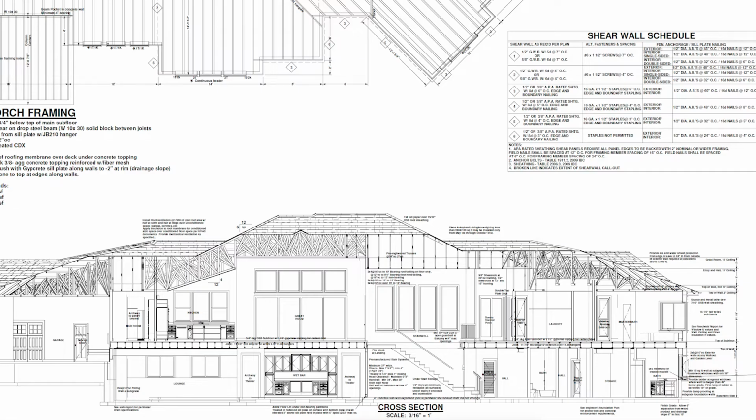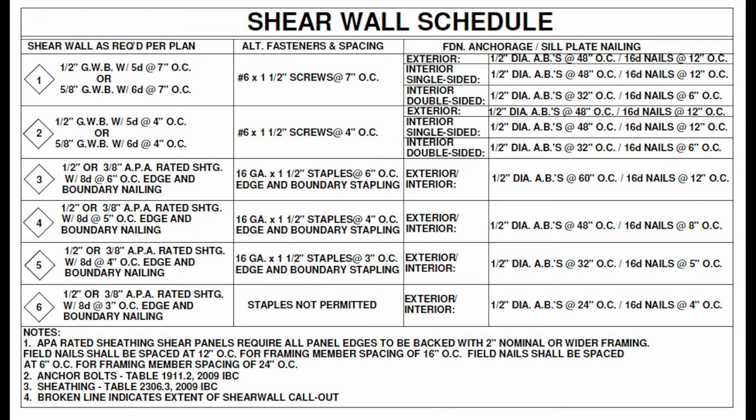strong enough. At the end of the day, really what they produced is a shear wall schedule that was included in the plan set, and that just details the nailing pattern, the size or the thickness of the sheathing to use, how to nail it, how often to nail it, size of nails. Basically, those details were what's required to make sure that we have enough lateral or shear strength